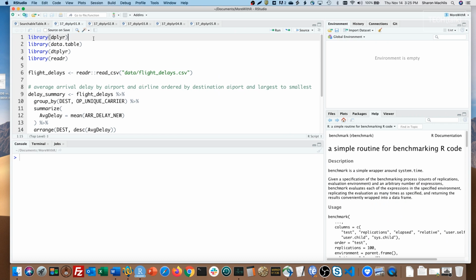But there's also good news for dplyr users who want to learn how to use data.table directly. That's because you can see the data.table code that dtplyr generates from your dplyr functions. So let's take a look.